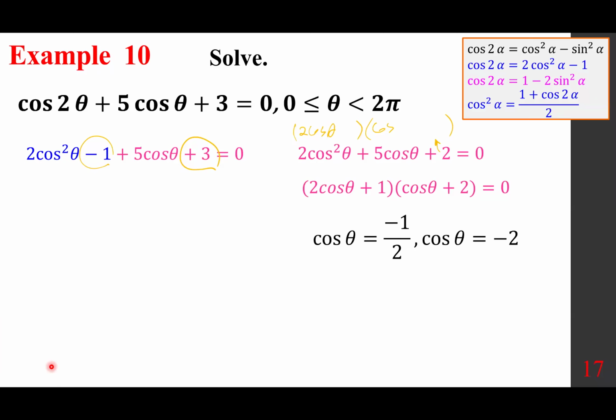First and foremost, this has no solutions because cosine is between negative 1 and 1. Secondly, I'm going to remind you, you look at cosine theta equals 1/2, gives you the reference arc of pi over 3. Now, to make this negative